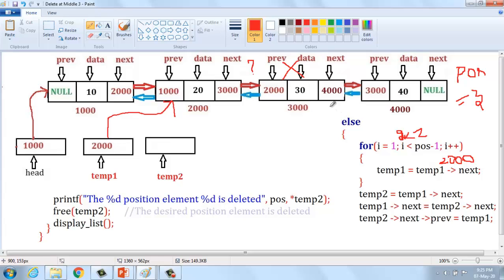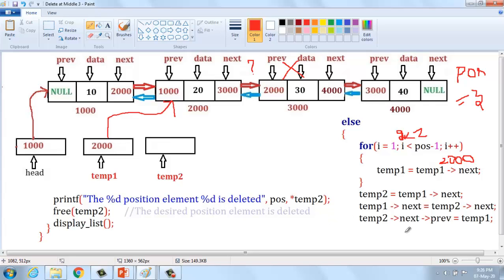And then we have to terminate this link and make an adjustment from this link to that link, and from the fourth node to the second node. We have to do it using the temporary pointer. Already I assigned temp2 equal to temp1 of next. What is temp1 of next? In this position I have to change. 3000 should be replaced with 2000 here, then only can we make the adjustments.